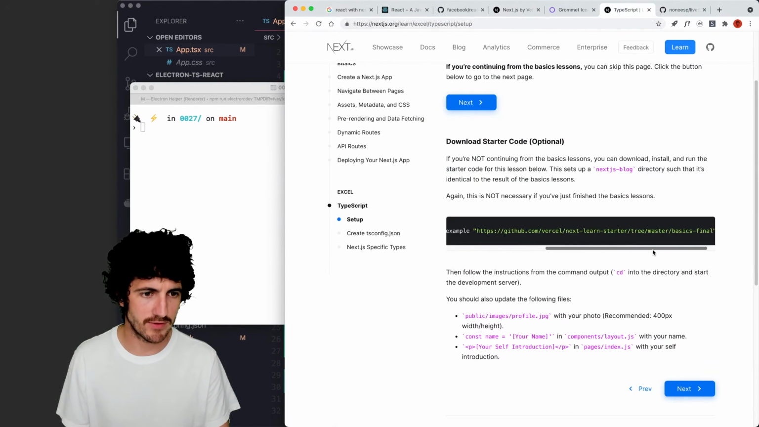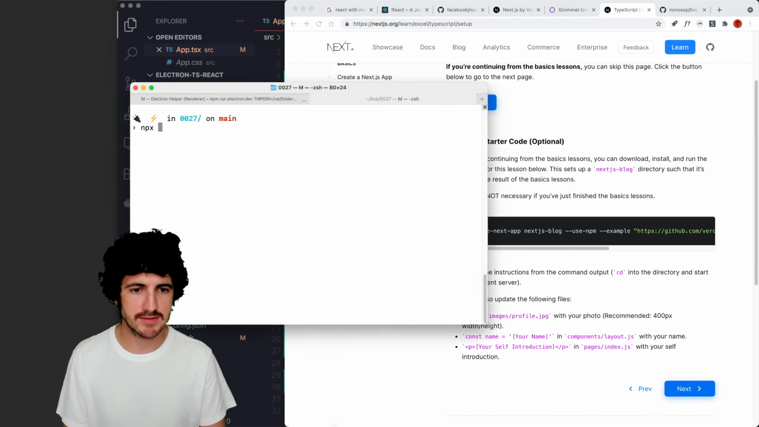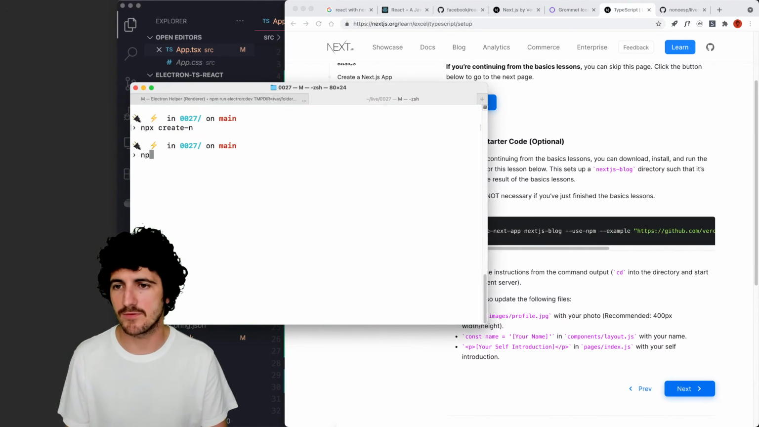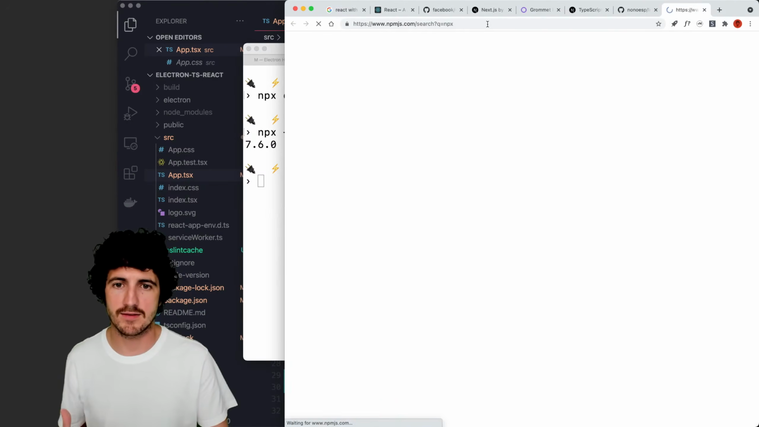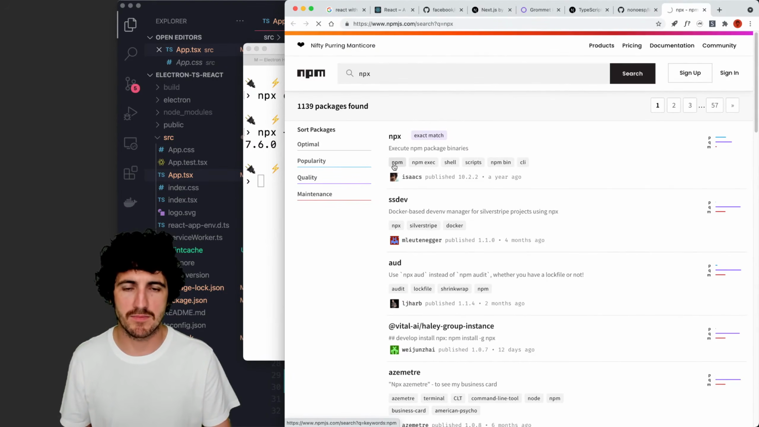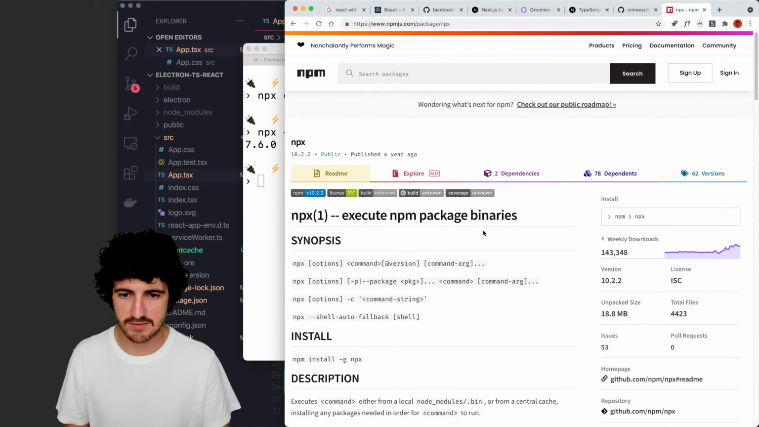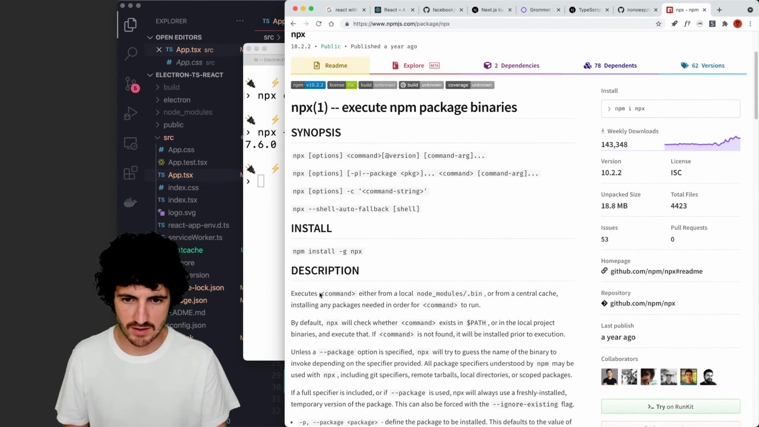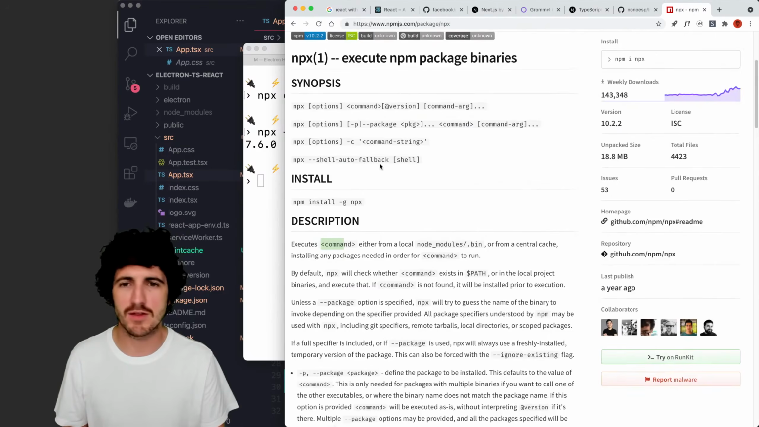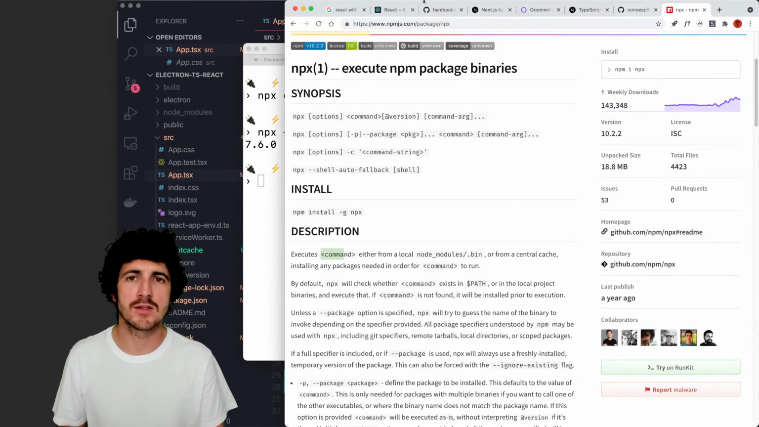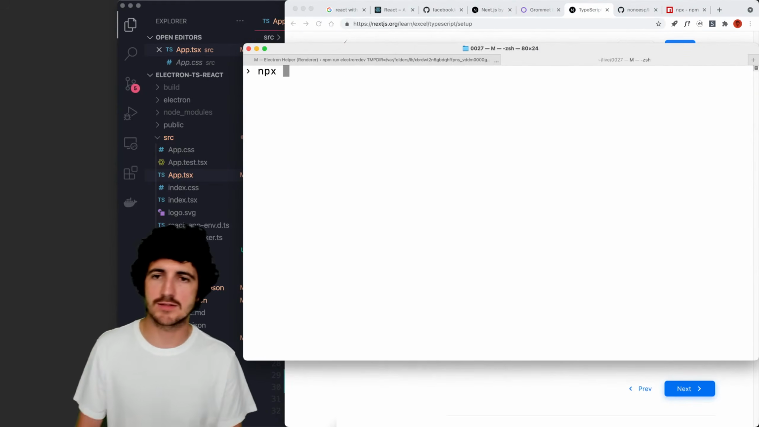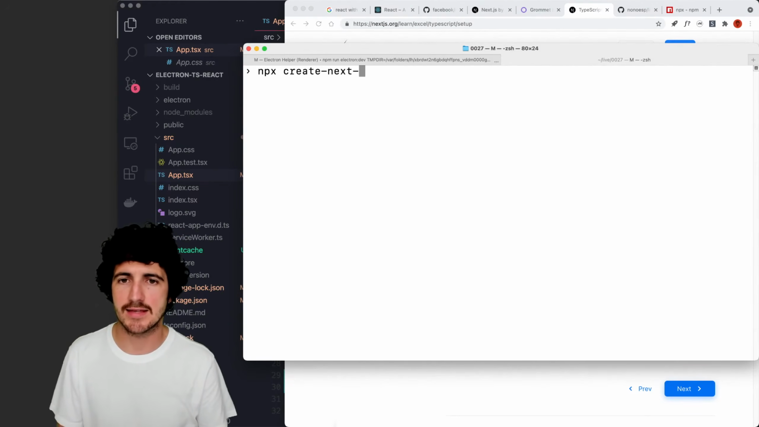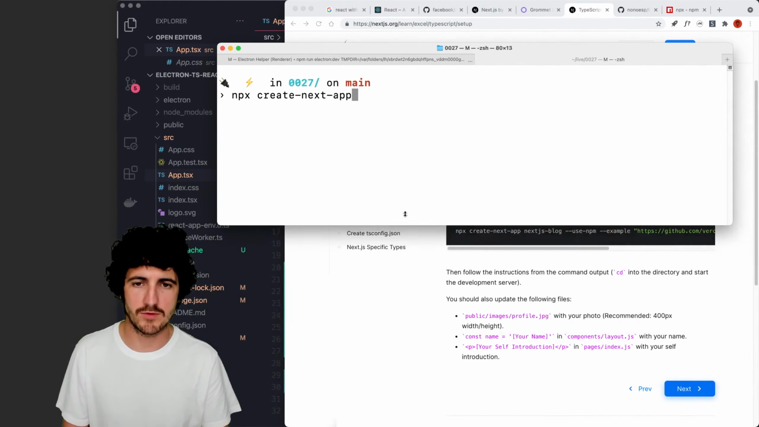What other examples are there? npx create, and let's first see if we have npx. Right, 7.6. So npx is a tool that comes with npm to execute functions or package binaries, as it calls here. And we have these create commands, create-next-app or create-react-app. So we can say npm create next app, and here I'm just going to be copying